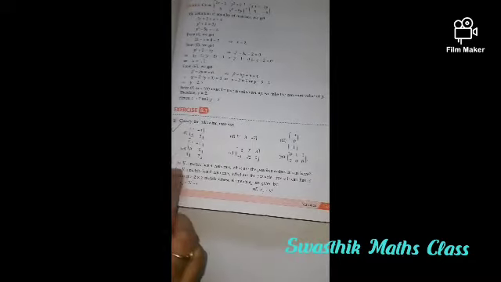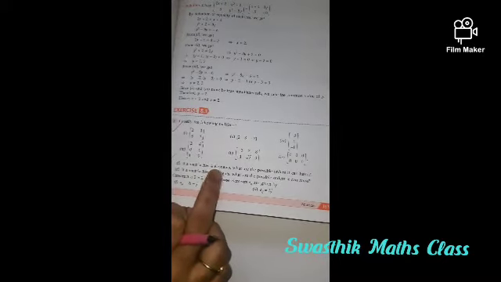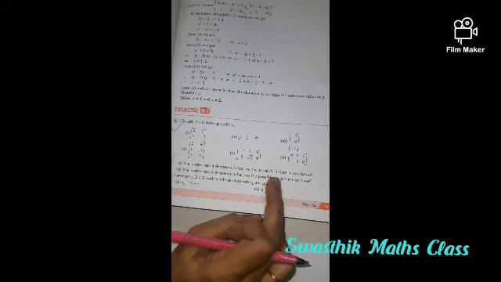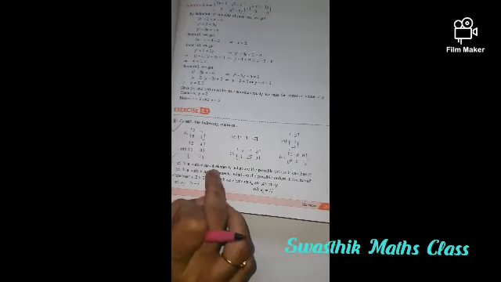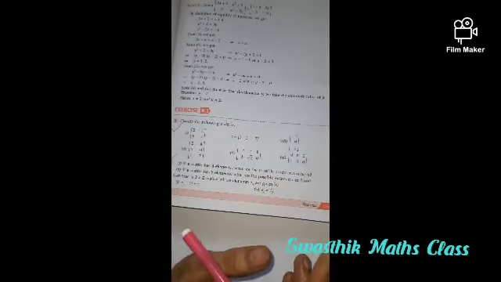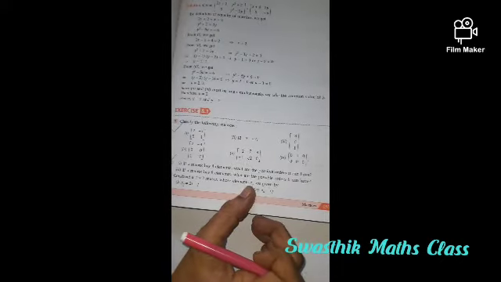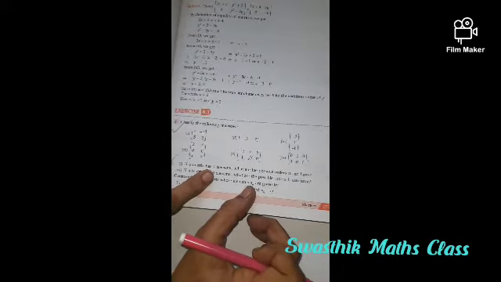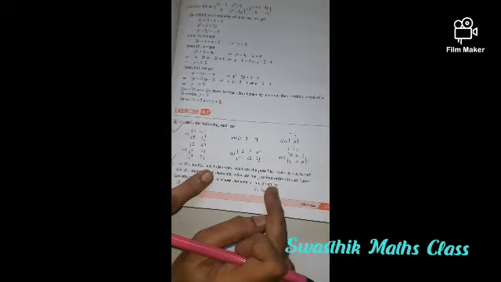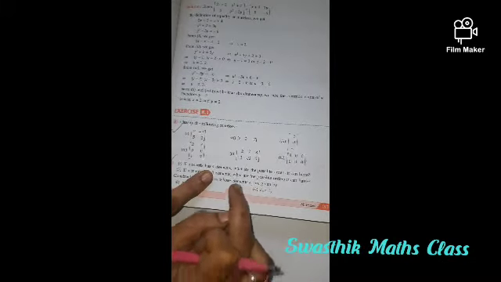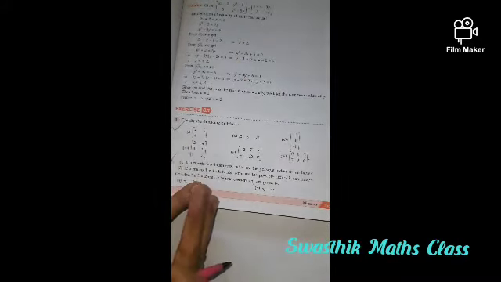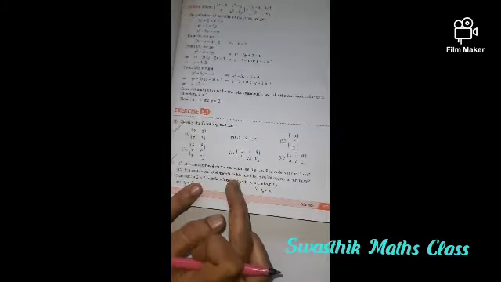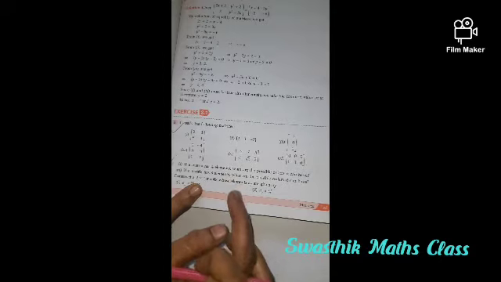Next, if you look at the second problem, what is asked here? If a matrix has 4 elements, then what are the possible orders it can have? That is the question. We are given 4 elements. Then how many possible orders of matrices can we have? Either all the 4 elements can be taken in a single row, and therefore for that matrix the order will be 1 by 4. Otherwise, we can take all the 4 elements in a single vertical line or single column. So for that matrix, the order will be 4 by 1.